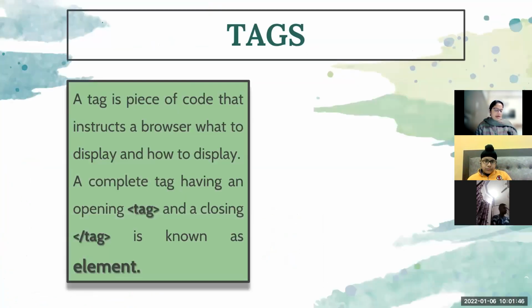Next is tags. What is a tag? A tag is a piece of code that instructs the browser what to display and how to display. What to display means tags are like instructions which we give to the browser. Browser means